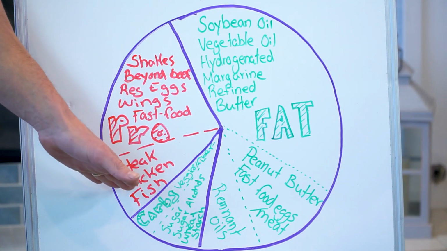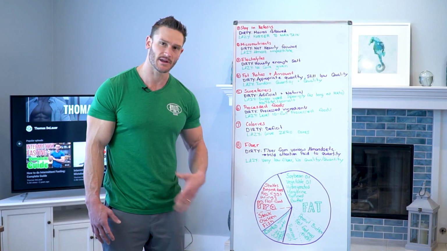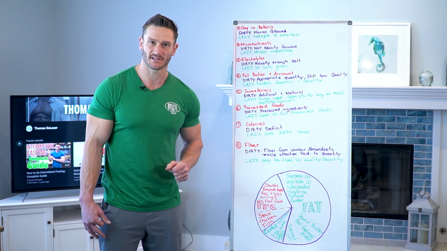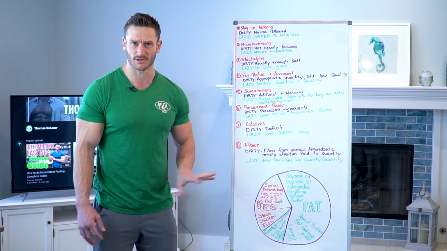And then you probably still have some decent proteins coming in, like maybe some steak, some chicken, some fish, with no recognition whatsoever of where it's sourced, grass-fed, grass-finished, wild-caught, nothing, just regular protein.